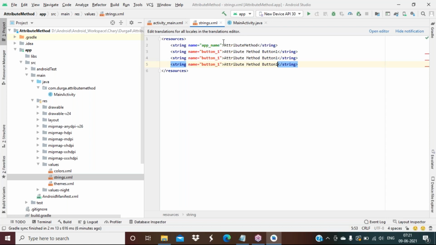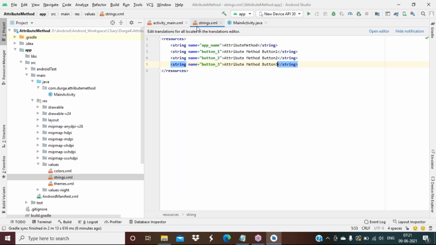Like that I will create another 2 buttons, button 2. Okay, so this is for button 2, and here this is button 3. Okay, like this, button 1, button 2, button 3.